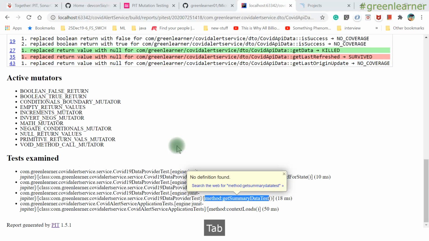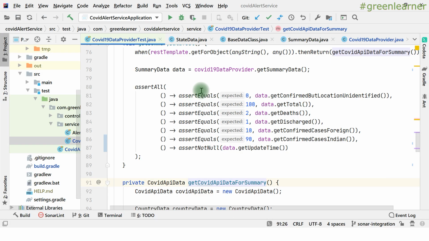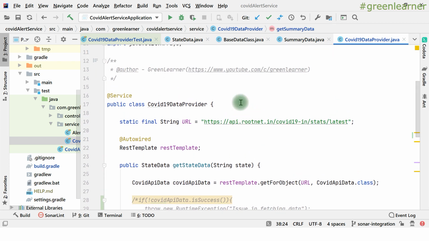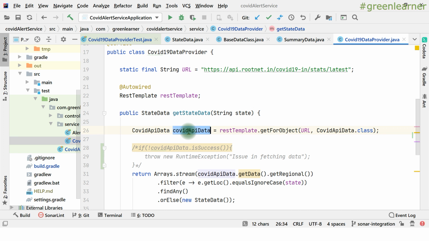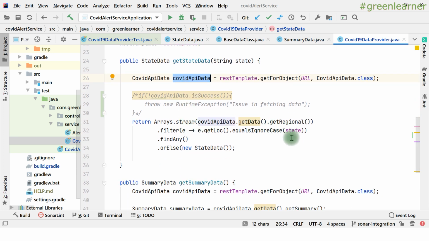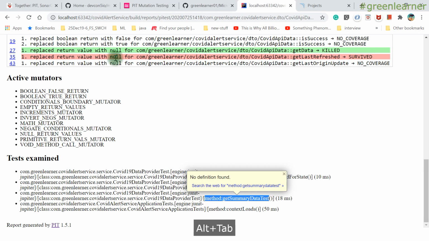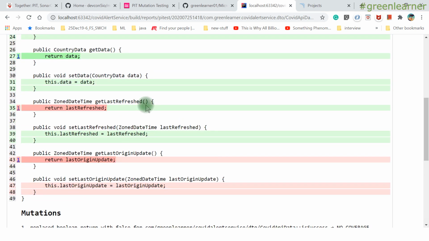So I think we have done that one. We were setting it under Mockito, but we were not comparing that, because COVID API data we are not directly processing. If I show you this test case, we are getting COVID API data and just directly processing get data and get regional, but we are not processing this one. We would have processed this one, we would have compared this success and all those things, right? So we just remove that one, so hopefully it should have fixed that.